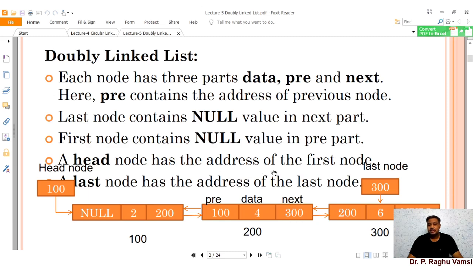A head node has the address of the first node, and the last node has the address of the last node. This is the basic structure that we have seen in the single linked list also. But additionally, we find here the previous pointer, with the last node's next as null and the first node's previous as null.